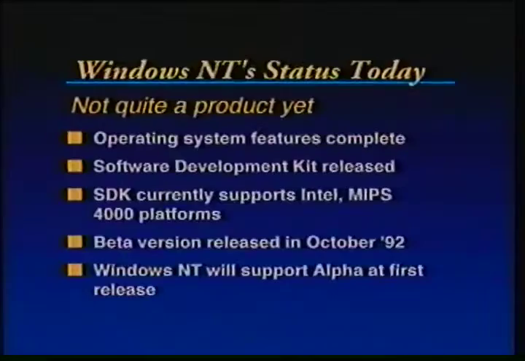The way that it's distributed right now is as a beta test software development kit. And the current kit, which is distributed on a CD-ROM, supports the Intel platforms, so 386 and 486 systems, as well as certain MIPS 4000 platforms that have been designed to run with Windows NT. The operating system, as I said before, is distributed on a CD-ROM, and when Windows NT is finally released, when there's the full supported release,